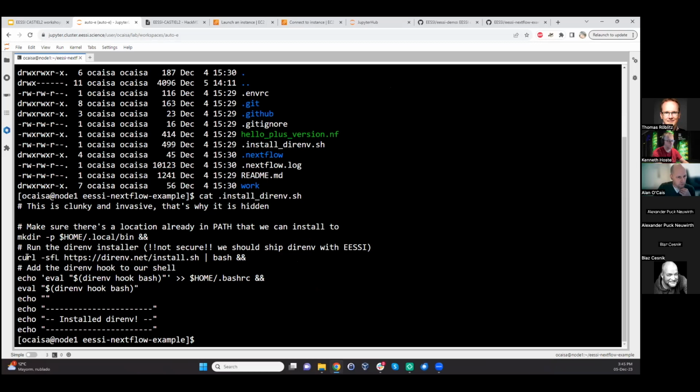And it pulls down basically an installer script for direnv from their website and runs that through bash. direnv is written in Go, so you can easily pull down an executable that will run on your system, and then it's injecting something into your .bashrc. That's the hook basically that makes direnv work with your bash environment. So we can source that script, and when I do,